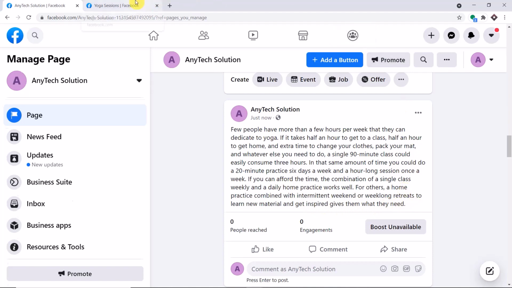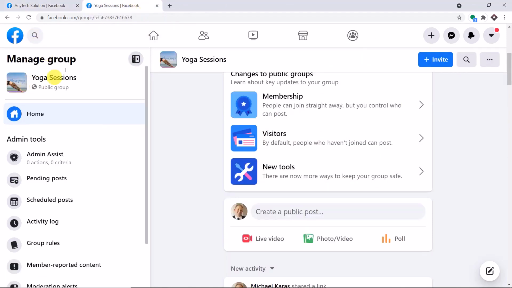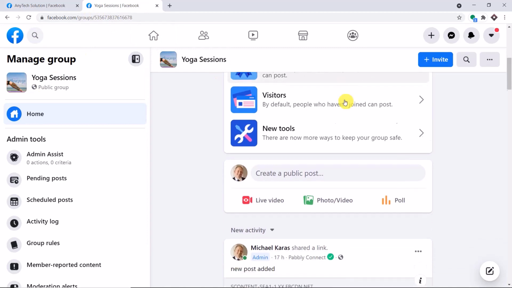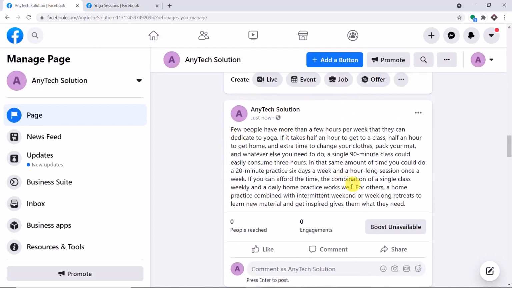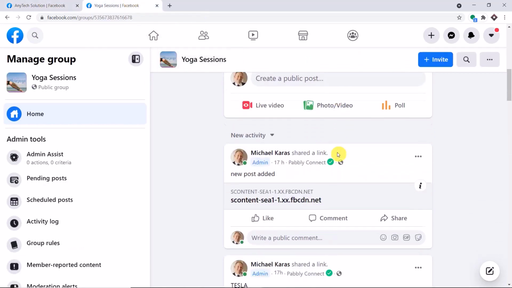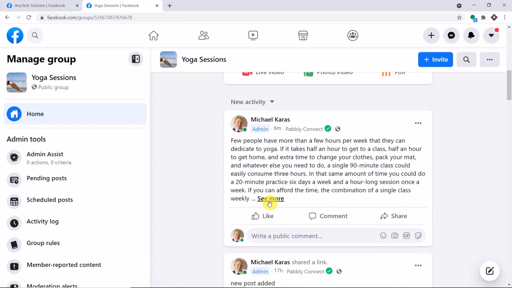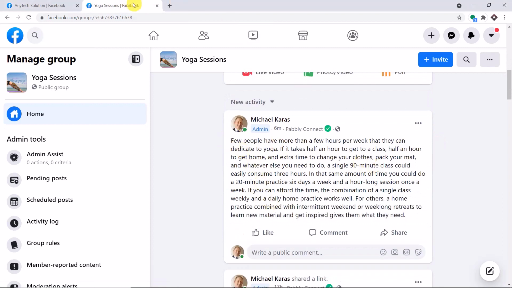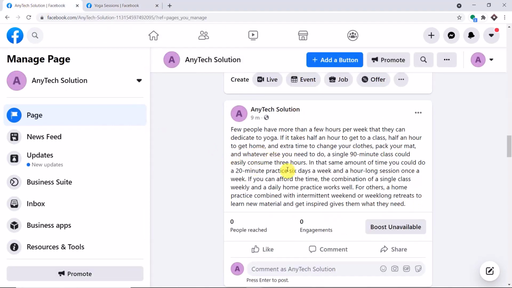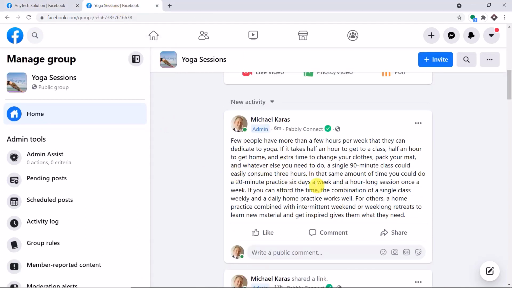Okay, so let me just go to this particular group, that is Yoga Session. So the idea is that the data, that is this particular post, will appear here automatically. So let me just click on refresh. Okay, so as you can see, we have got the post. Okay, so this is the post in this particular group, that is Yoga Session. Few people and get inspired gives them what they need. Okay, so we have got the same post that we have published here, automatically entered as a post